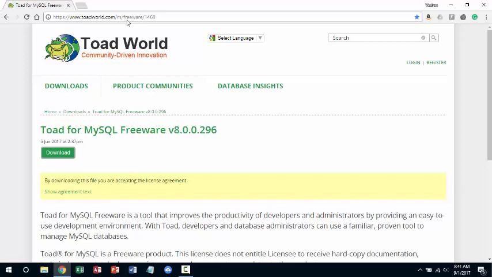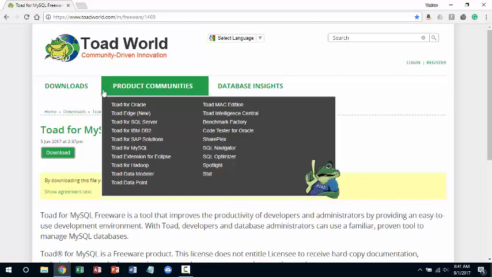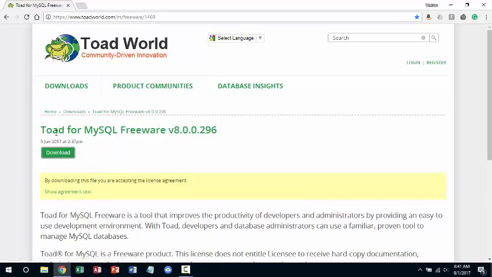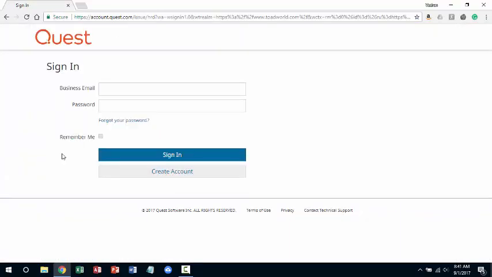software installation instructions. Now, once you land on the download page and click on the download button under Toad for MySQL Freeware, it will ask you to go through a registration process, which, really, using the create account button, amounts to using your UMN email and making up a password. I think that's it at that point. I've already done that, so I'm going to type in my UMN email and password that I made up for this particular installation, which I should never have to use again. And I'm going to sign in